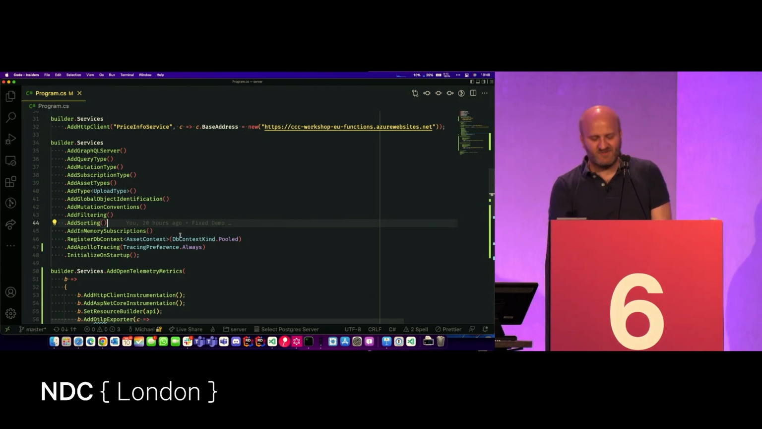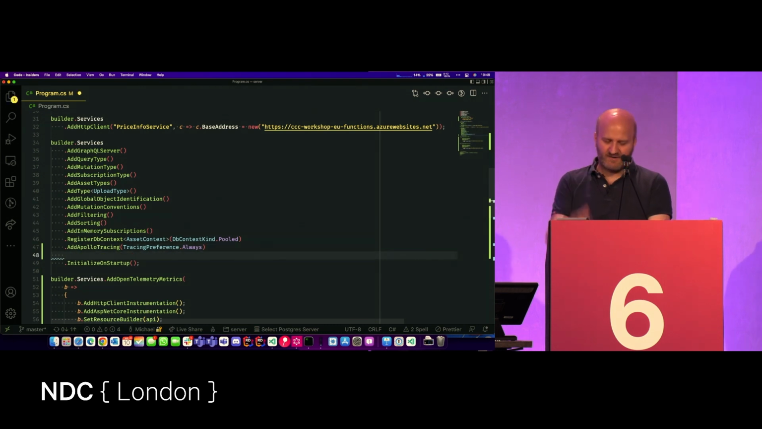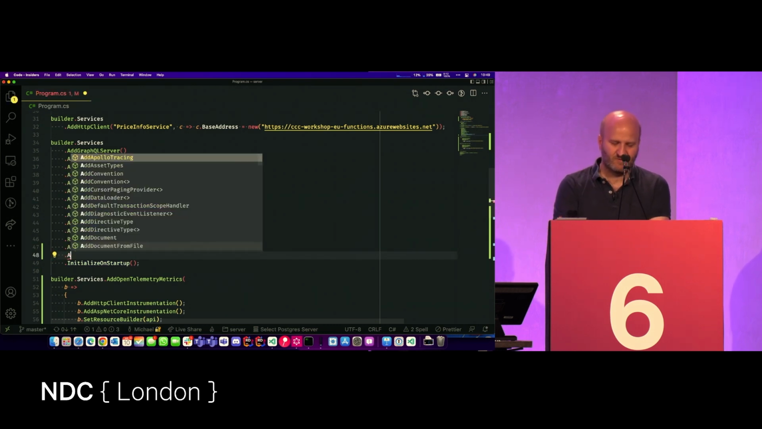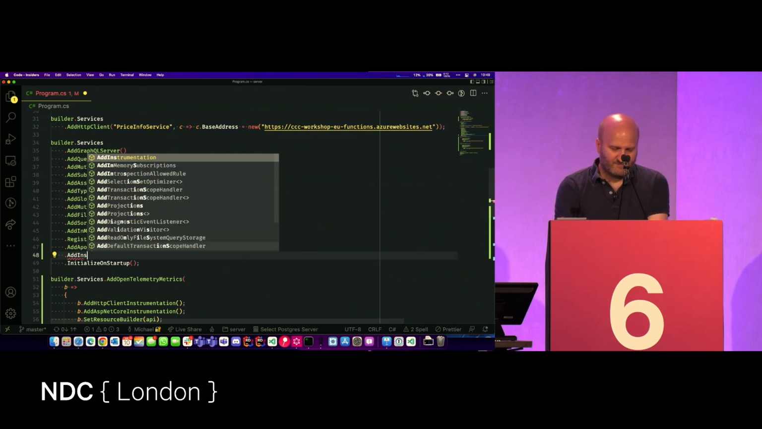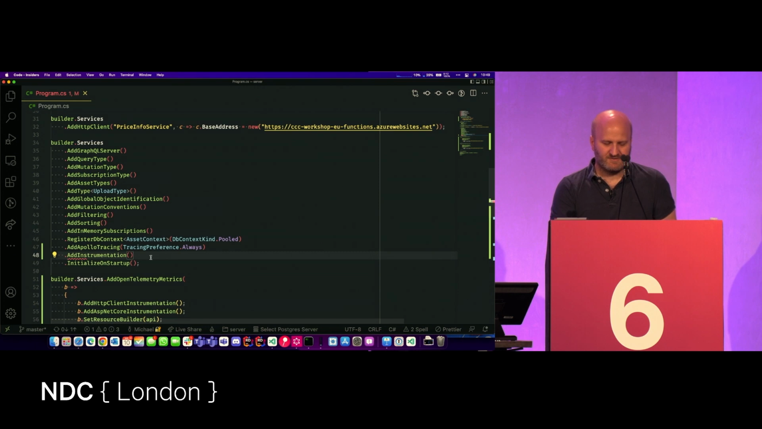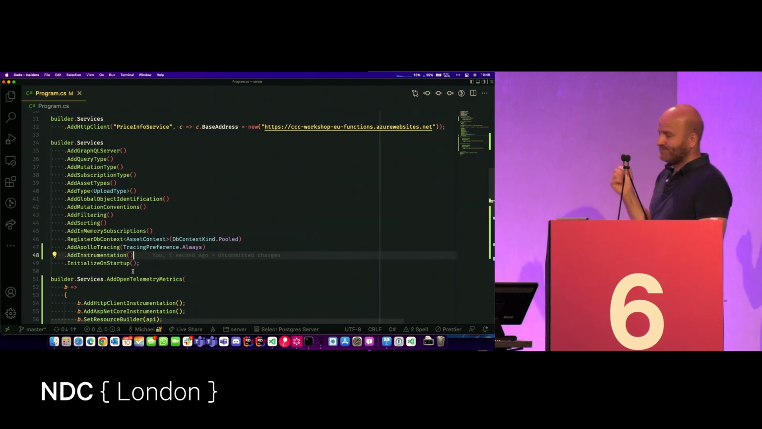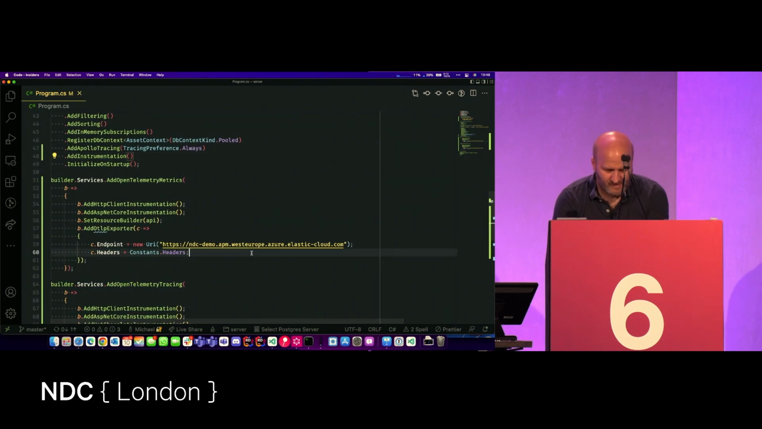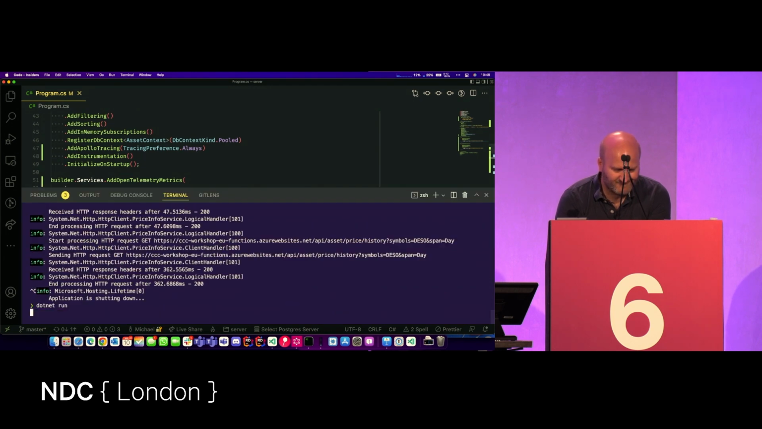So it's not a lot, but you have to be aware of that, and that's why by default we don't instrument the API. So in order to instrument that, you just say add instrumentation here, and you're done. And now we can just run our system. It's not ideal, we will see why, but